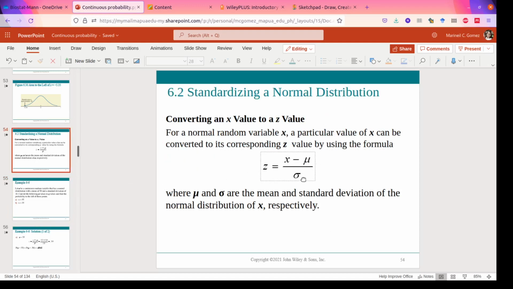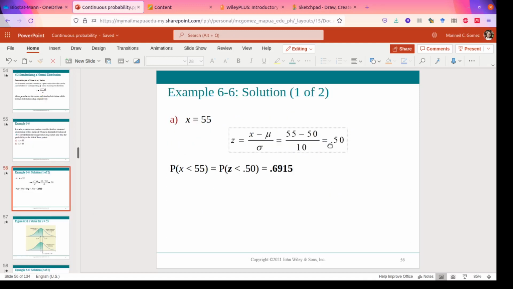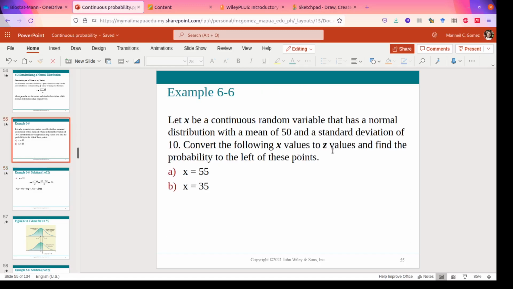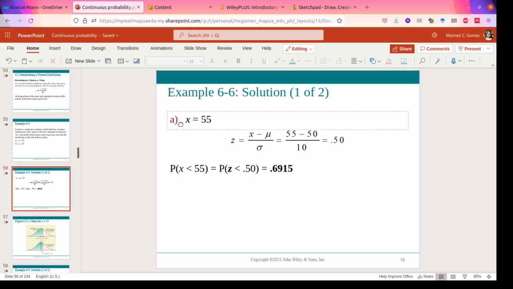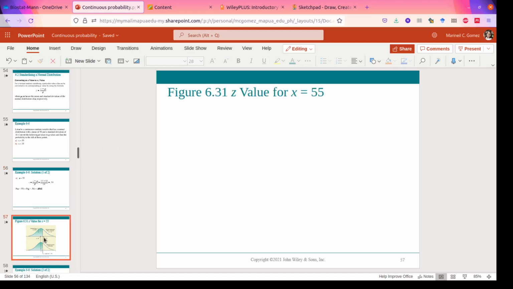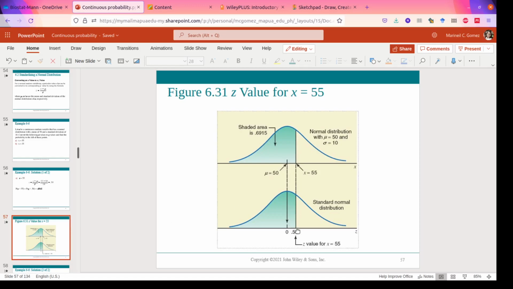x minus mu all over the standard deviation to get your z value. So applying the formula, you get a z value of 0.5. The question here is the probability to the left of these points, so x of 55, probability to the left of 55. And when we superimpose our distribution onto the normal distribution, the 0.5 value